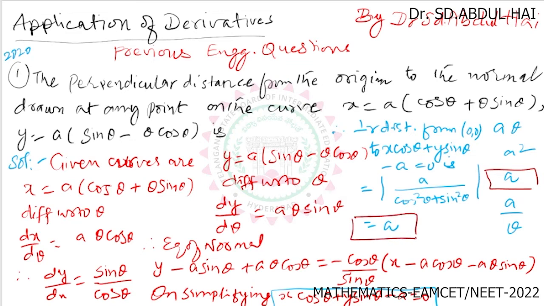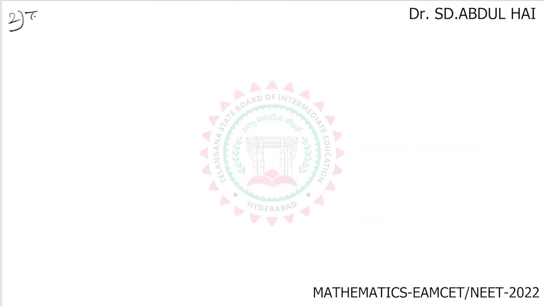Right. So the only thing is that we need the concept of differentiation and you must know the formula. Now, the next question: area of a circle